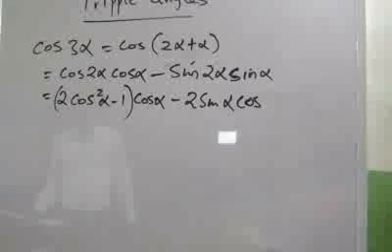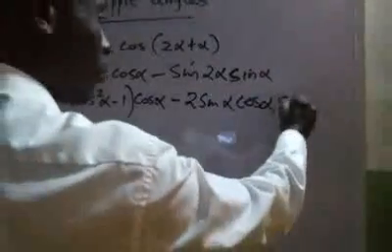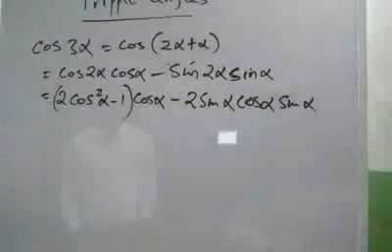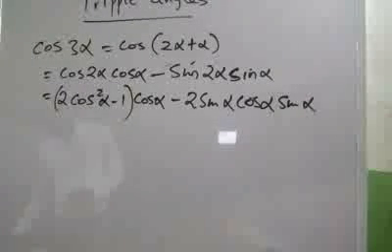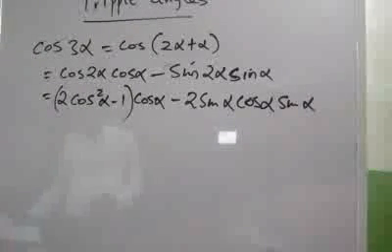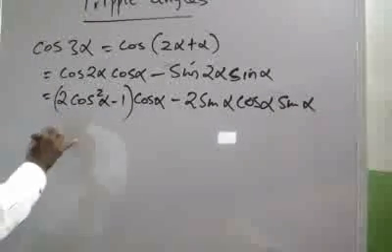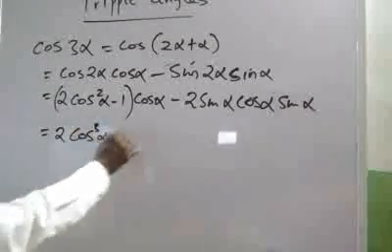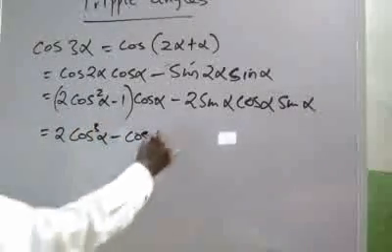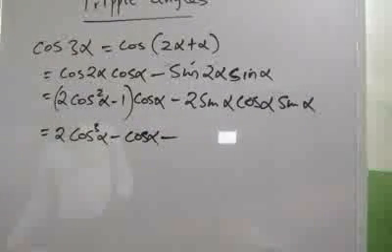So if we simplify this and open the bracket, this is equal to 2 cos cube alpha minus cos alpha,